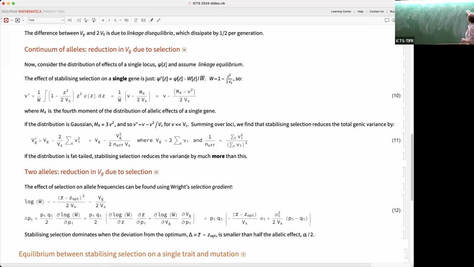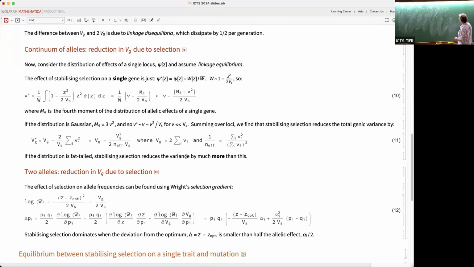so let's keep it simple and say little v is equal to Vg over 2n. Let's say all the v's are the same. That's probably the simplest thing. And then we're going to have this as equal to Vg minus twice. Now we've got n terms that are all the same. And each of the terms is Vg over 2n squared. And we're going to divide by Vs. And so then this is equal to Vg